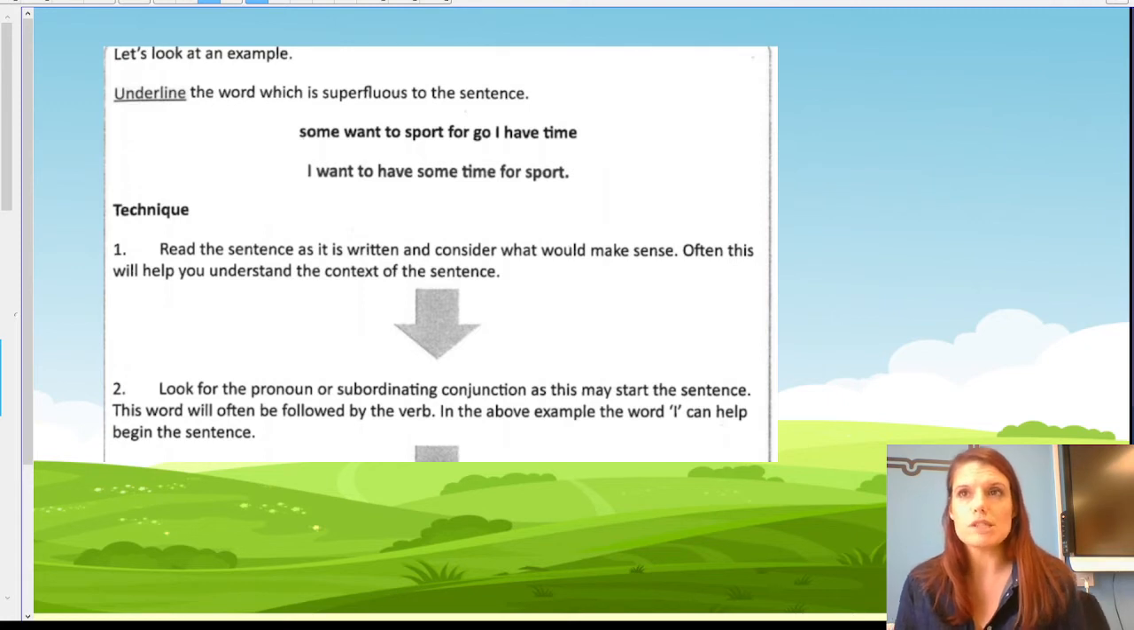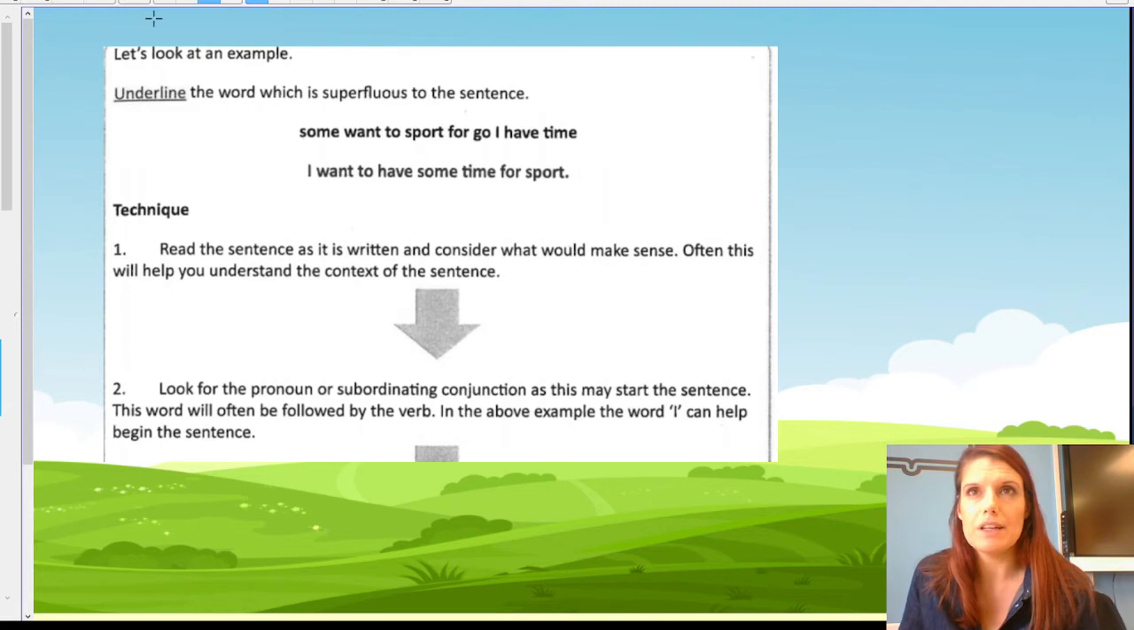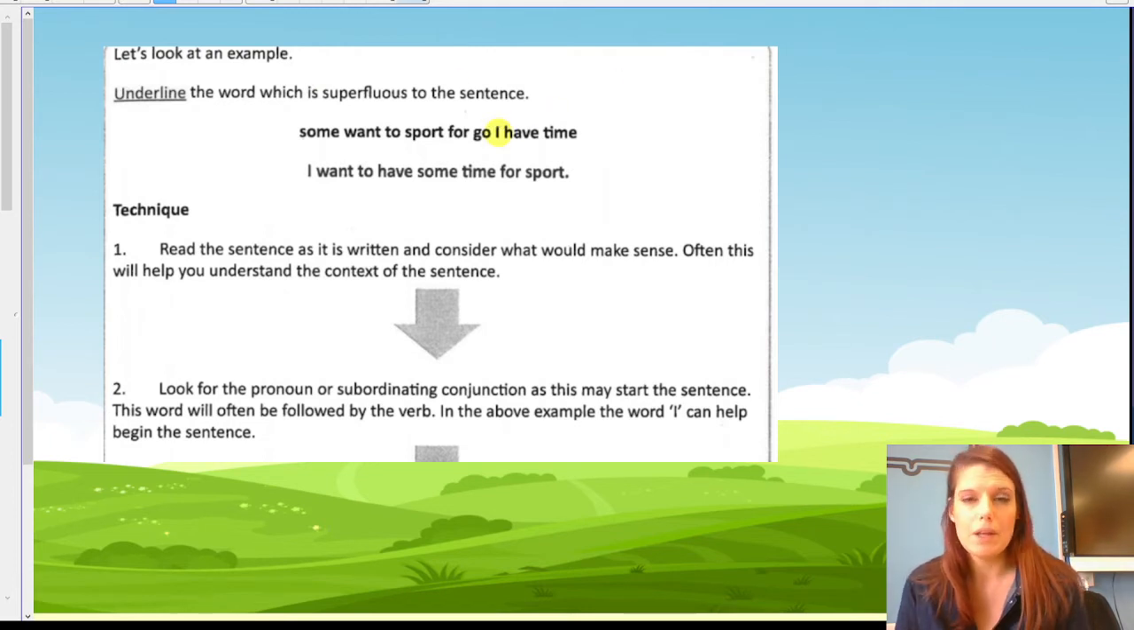Some want to sport for go I have time. So if we were going to look at this and start thinking about what the sentence could be, we're going to look for those little words. And in this case, we've got a pronoun there. Most likely, this is how the sentence is going to start because it's about the subject of the sentence. In this case, me or I. I want to have some time for sport. So in this case, the extra word you might already be able to see is go, because that's not relevant